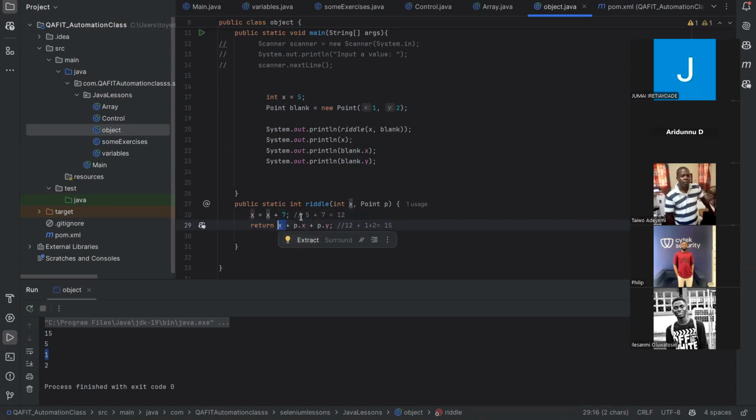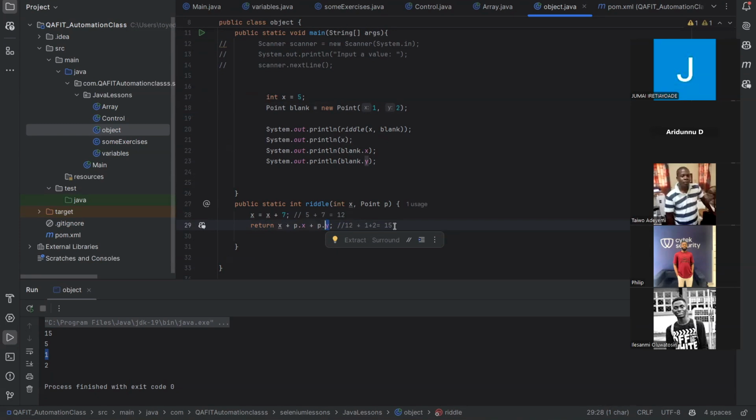And then we get the attributes of p. The attribute of p for x is 1, and the attribute for y is 2. At the end of the day, we have 12 plus 1 and 2,